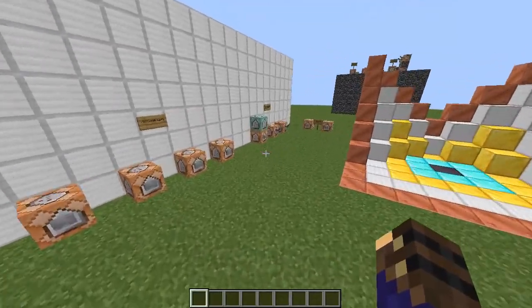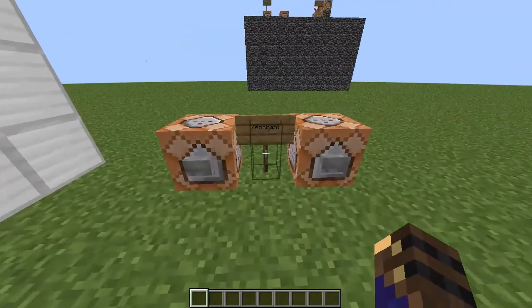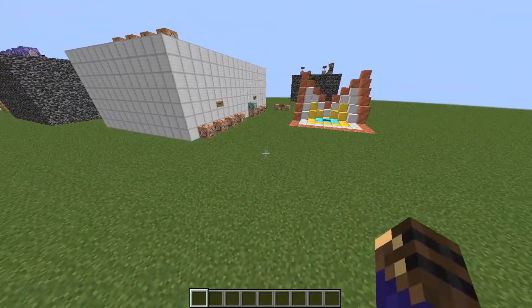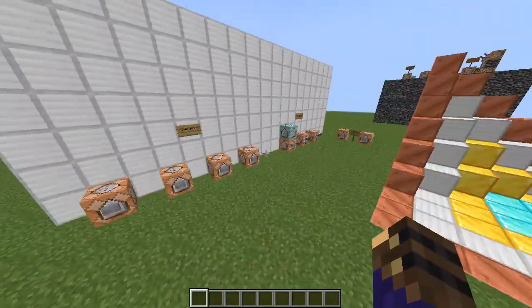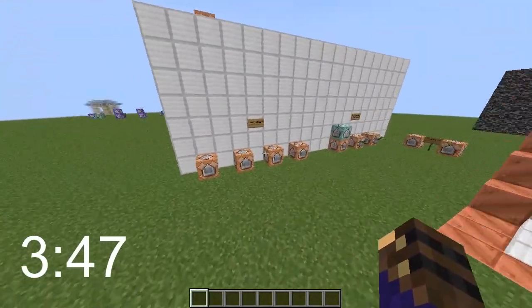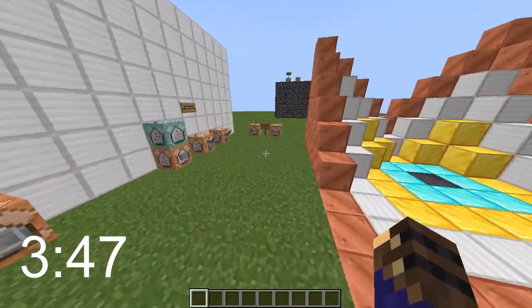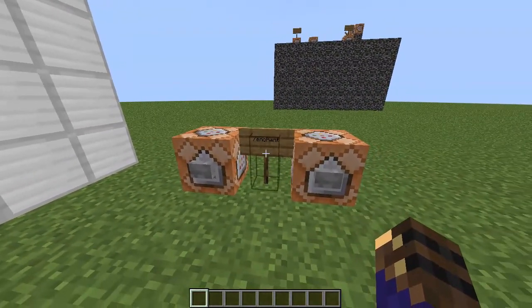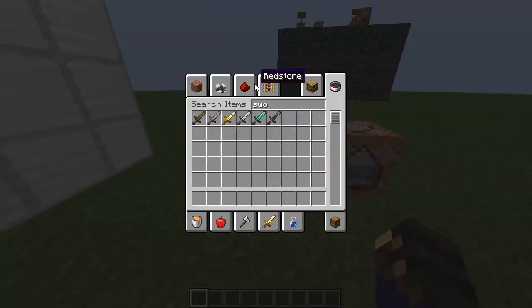Today I'm going to be showing the spread players and enchant commands. We're going to start with enchant, and at the timestamp on screen right now will be when we are going to go to spread players. So let's get started. For the enchant command, it is a command used to just enchant whatever the player is